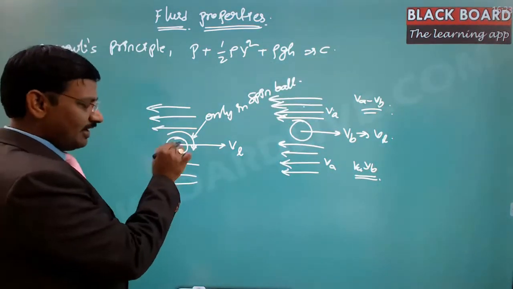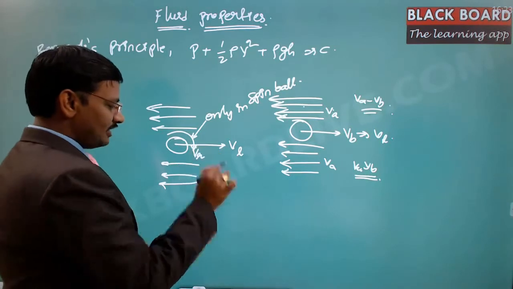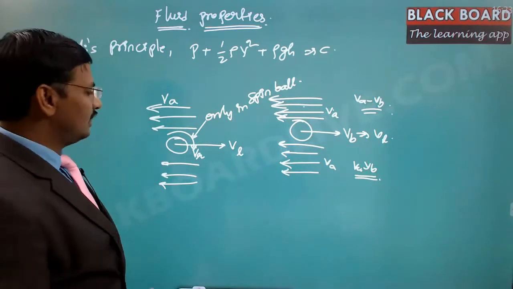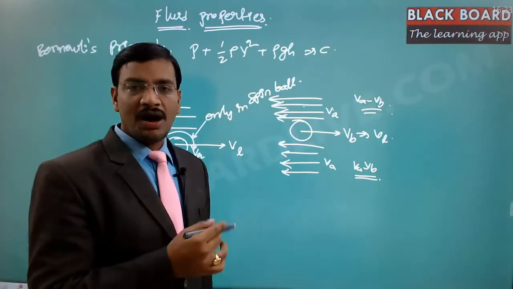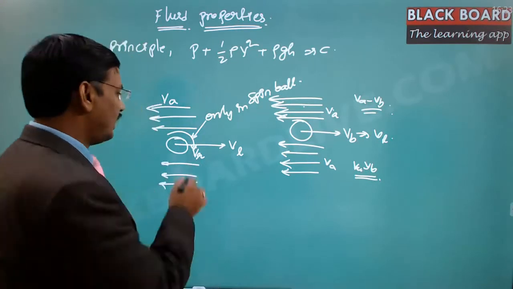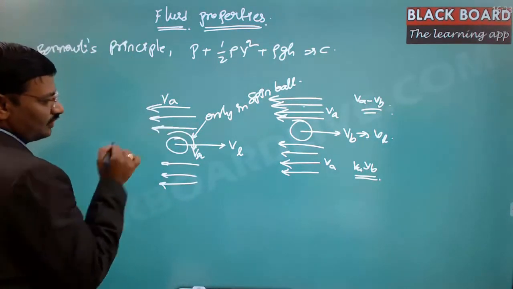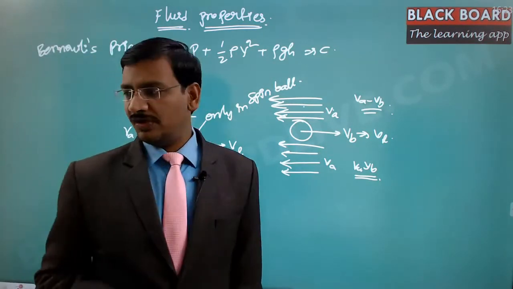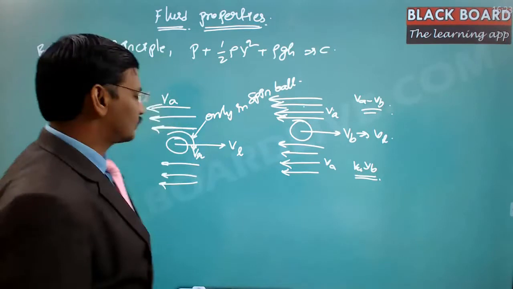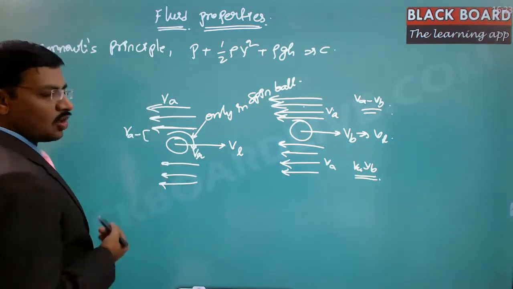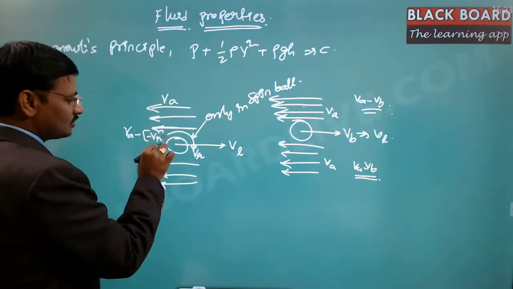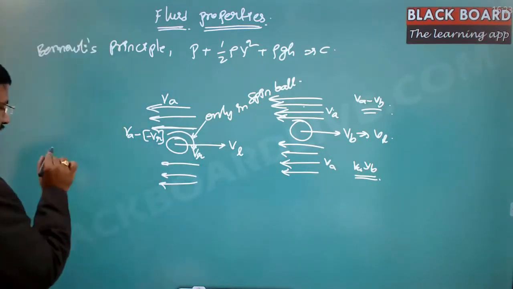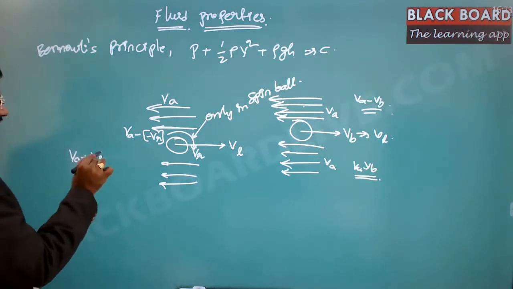Let us say the peripheral velocity is VR and the air velocity is VA. Then if you notice the relative velocity between the ball periphery and the air at the top, the velocity is moving in this direction. This is the air velocity, and the relative velocity is the difference of the velocities, including the direction. So VA minus, in the opposite direction, minus VR. Minus VR is taken just because it is in the opposite direction. So this is VA plus VR at the top level.